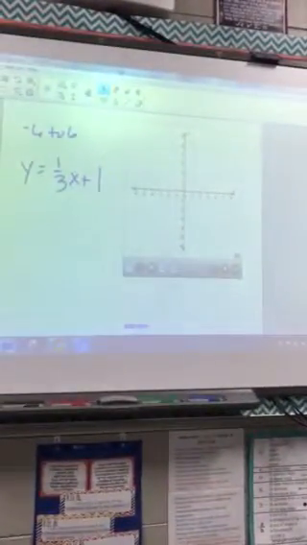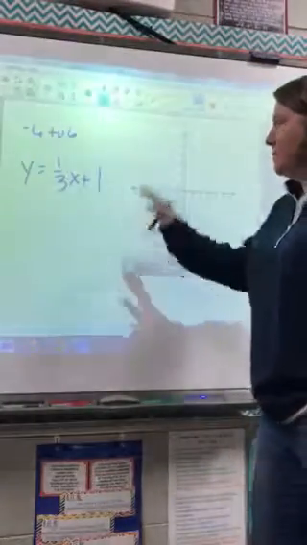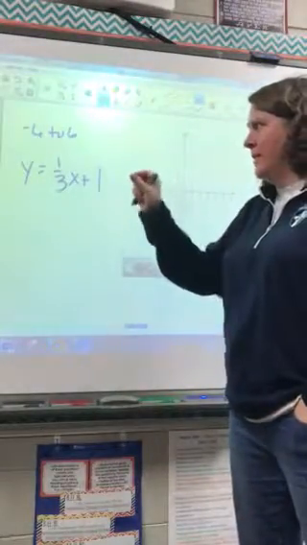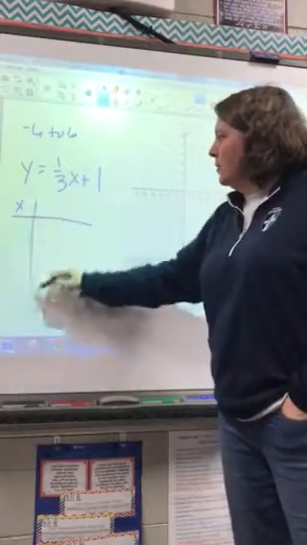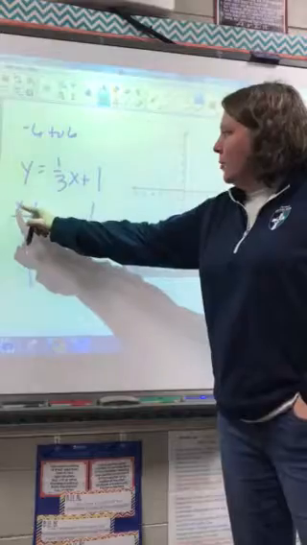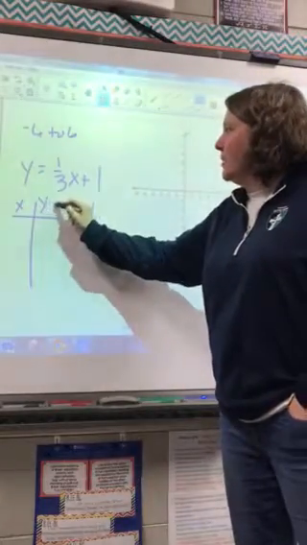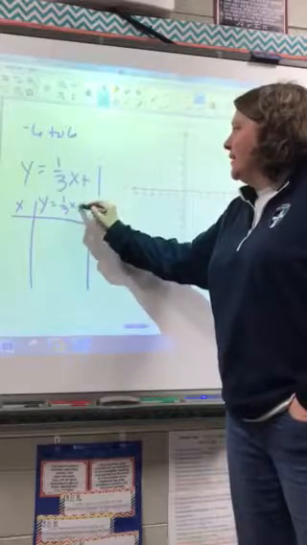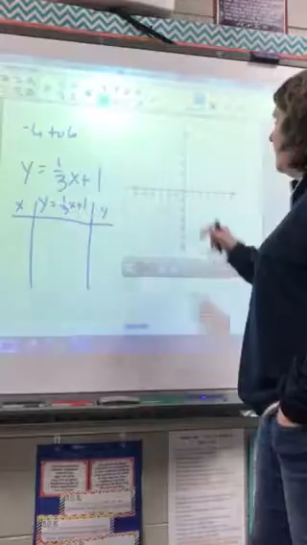All right, so how do you graph an equation? In the notes, it said you create a table of values. So you come up with x, and then you use this equation to find y. It does not matter what x you use, but I found